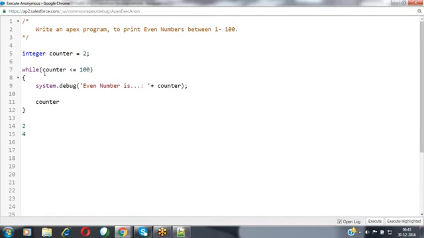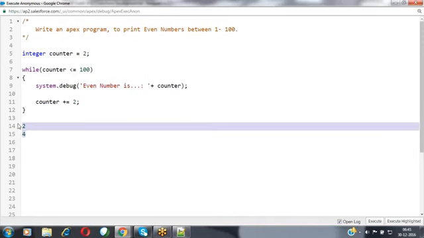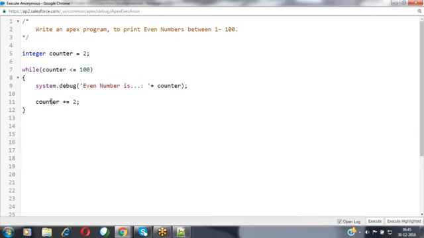For that, we are using assignment operators. If you want to increment the value by only 1, then we have to go for plus plus. If you want to decrement the value by 1, then we have to go for minus minus. But if you want to increment the value by 2 or 3 or 5 or 10 or 100 or whatever, at that time we have to use our assignment operators. Already we have discussed assignment operators during the operators concept. Here we can specify counter equals to counter plus 2.